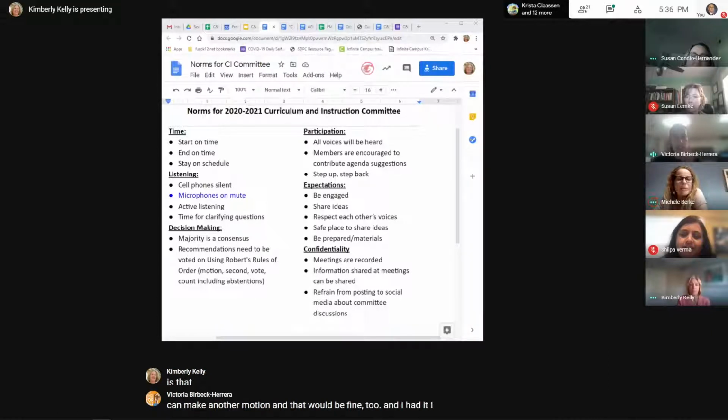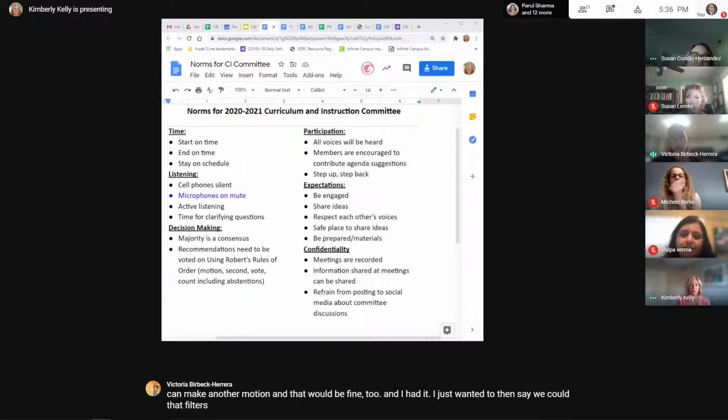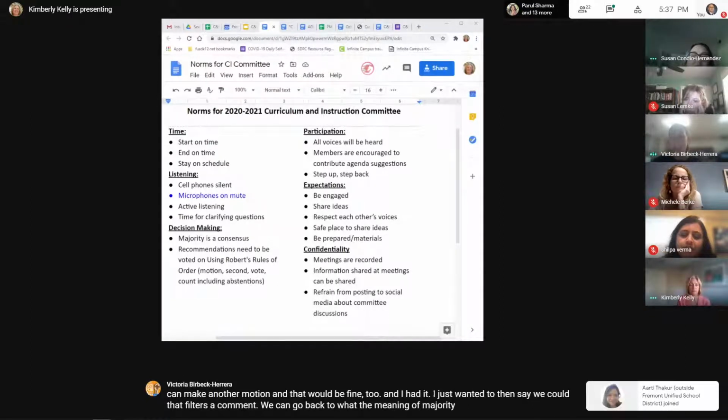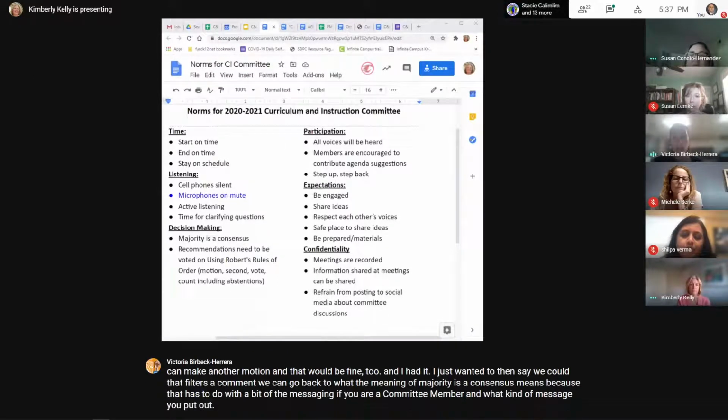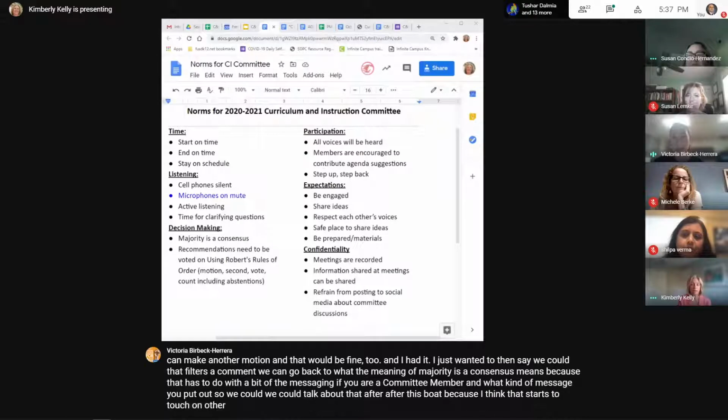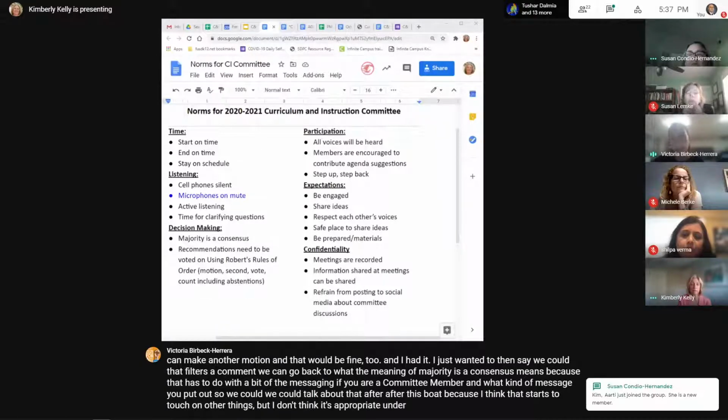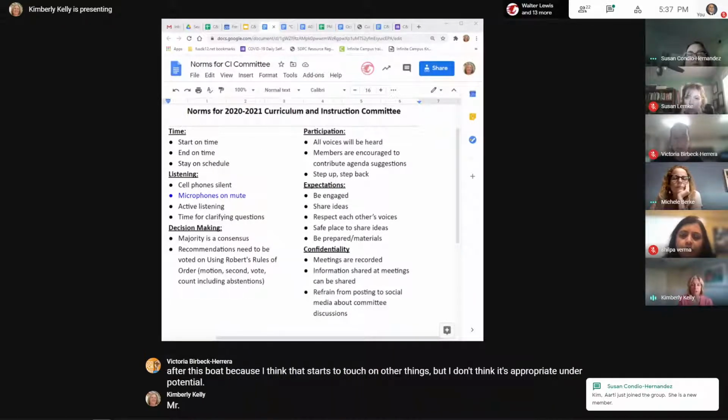I just wanted to then say that, on Shilpa's comment, we can go back to what the meaning of majority as a consensus means, because that has to do with a bit of the messaging if you are a committee member and what kind of message you put out. So we could talk about that after this vote, because I think that starts to touch on other things, but I don't think it's appropriate under confidentiality. Mr. Banerjee, I saw that you had